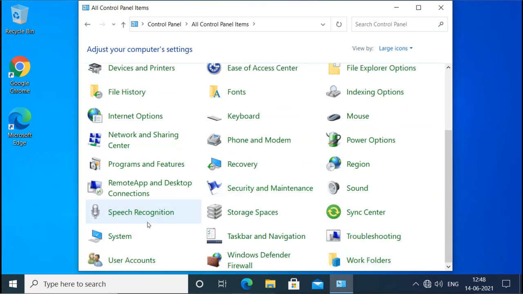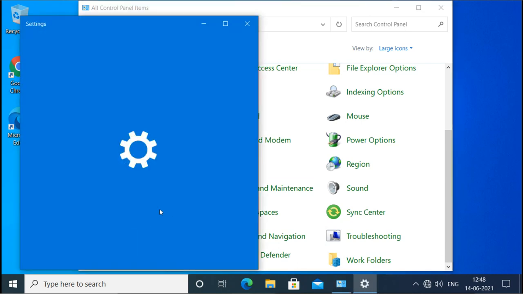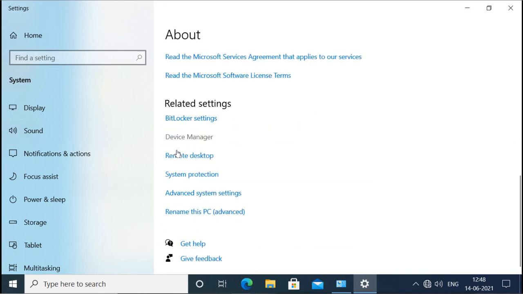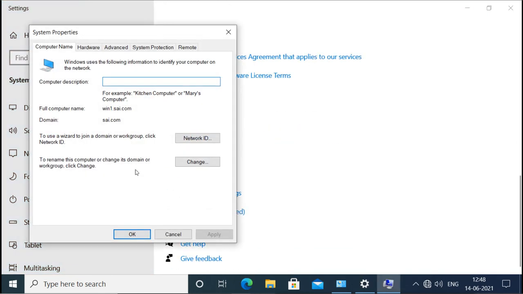I will go to System, and here, when I select rename this PC or advanced settings, whatever, it will allow me. If I select rename this PC, it allows me to do it, because I am a domain administrator.